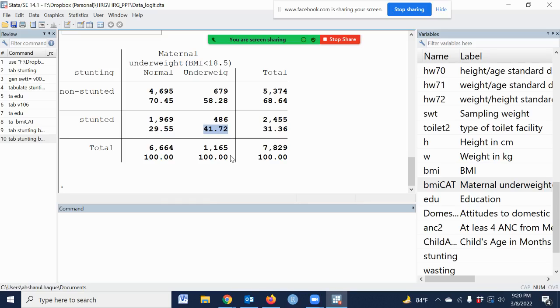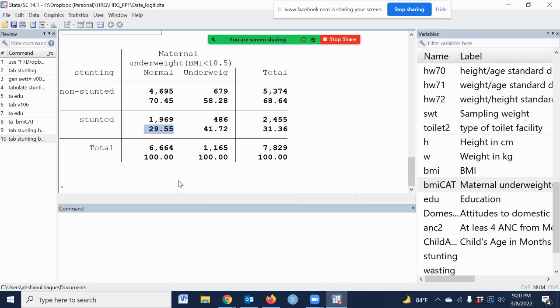No. First we have to interpret the prevalence of stunting. The prevalence of childhood stunting was 41% among those mothers who are underweight, and the prevalence of childhood stunting was 29.5% among those mothers who have normal BMI.